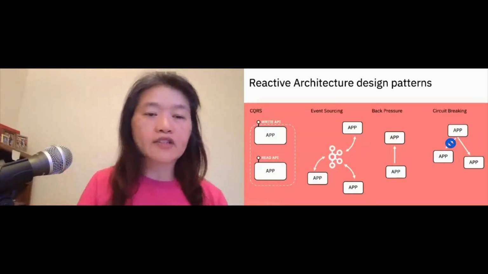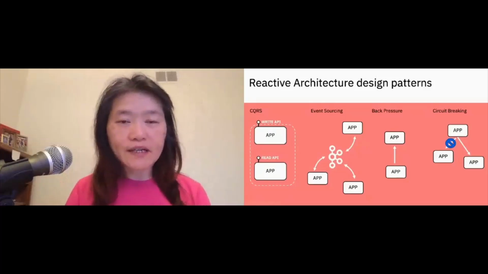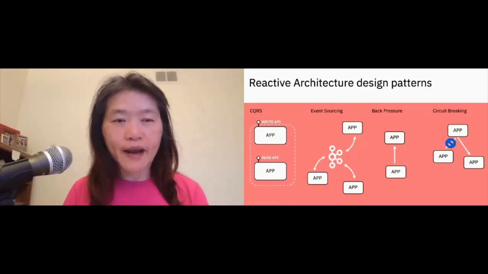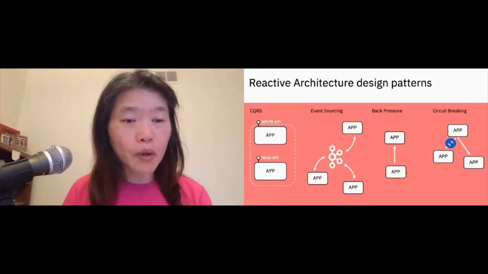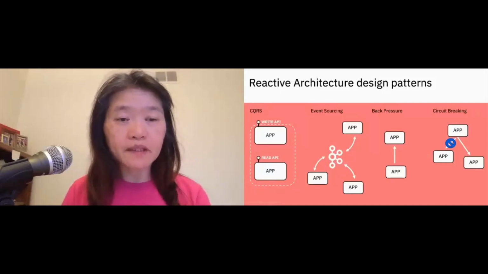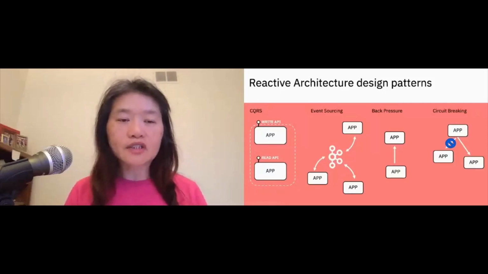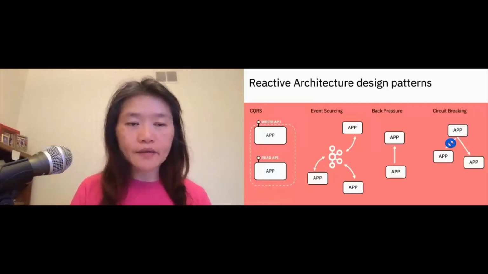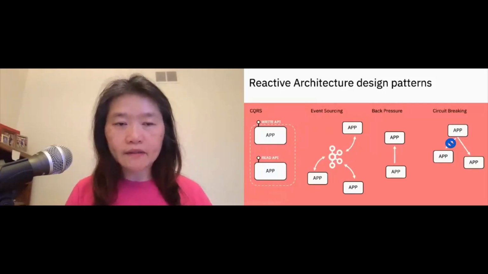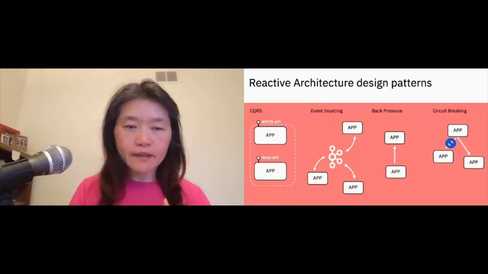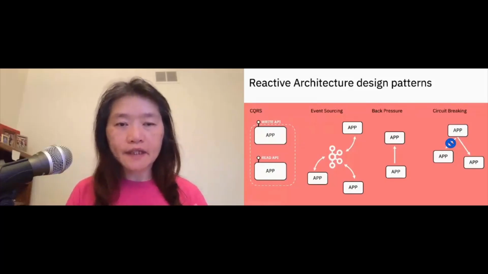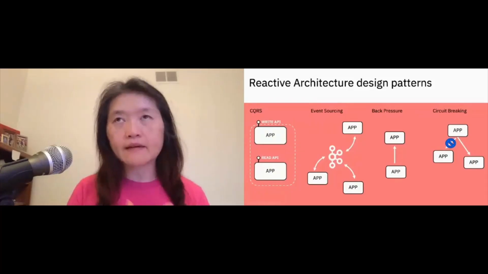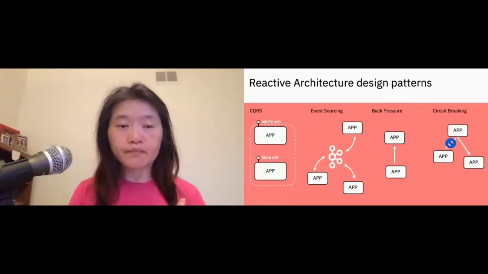And then if we go back to CQRS, it's another design pattern that is used in reactive systems. CQRS is command query responsibility segregation. Essentially, in any system you're writing to the system and also reading from it, and you separate them out. You separate the concerns. That's a commonly used design pattern in reactive systems, or that we can use, I should say.